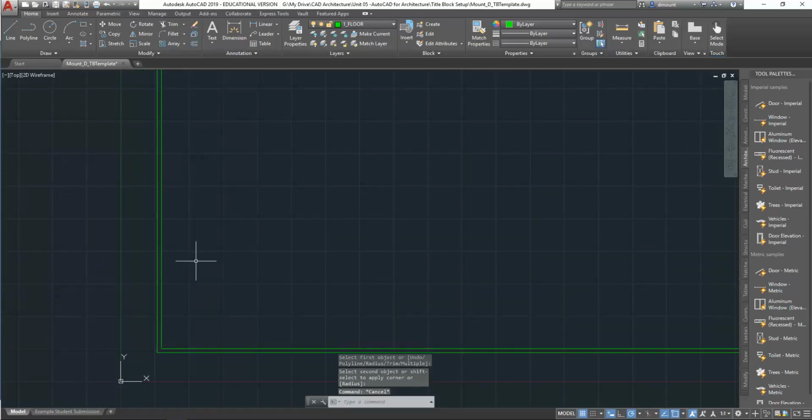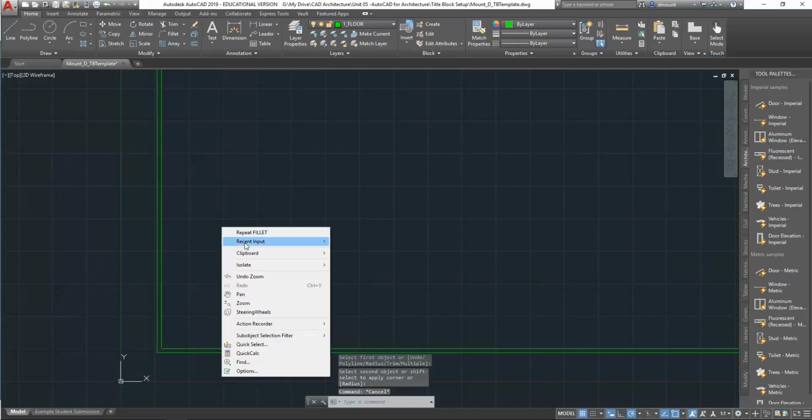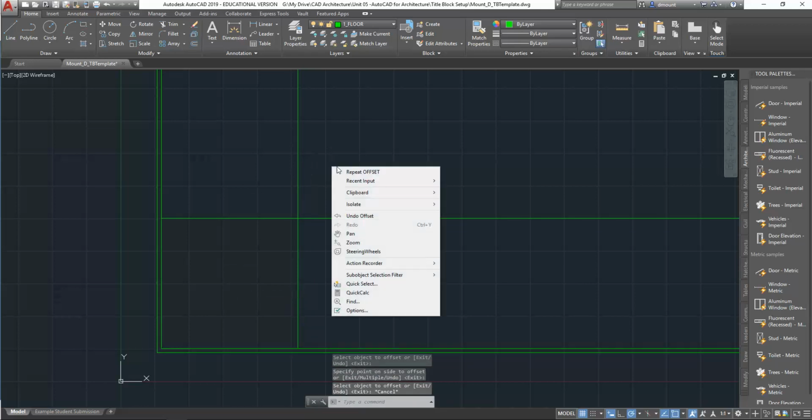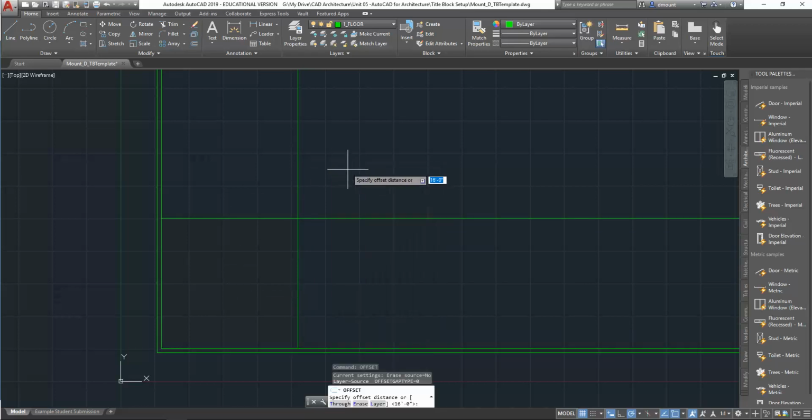So now I'm going to make a room. Let's say I want to offset this line from the inside. So I'm going to use my interior dimensions for this. Let's say this is a garage and it is 16 feet wide. Hit enter. I'm going to select the line, click in the direction I want to go. Let's say it's just 16 feet deep for the heck of it. Click in the direction I want to go, hit escape, and then I can repeat my offset and do my